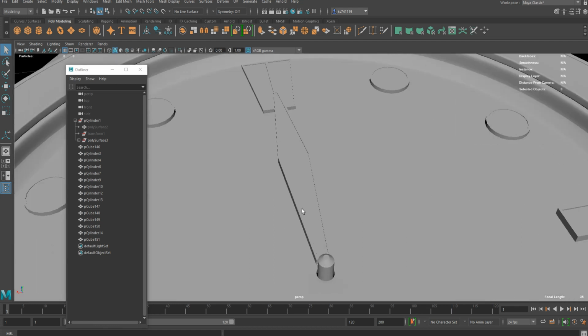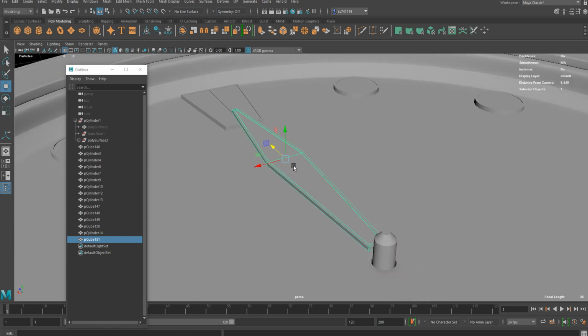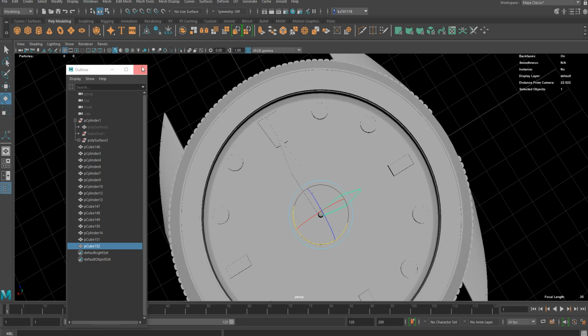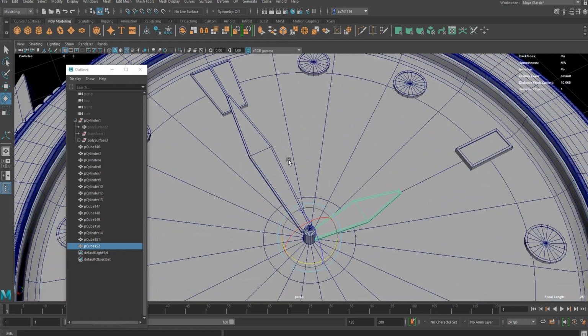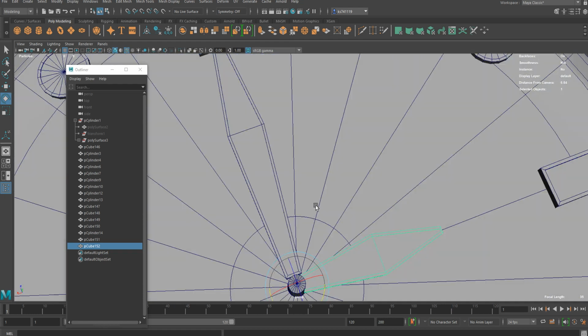Alright, I'm just gonna duplicate it one more time, and I think it's too thick, so let me just scale it down on y-axis. Duplicate it and lower it down, and I'm just gonna move the pivot to the very center and scale it down. Actually, let me rotate it a little bit to see it better. Actually, I want to turn on the wireframe view. Since it's not shaded, it's hard to see the objects. Anyways,